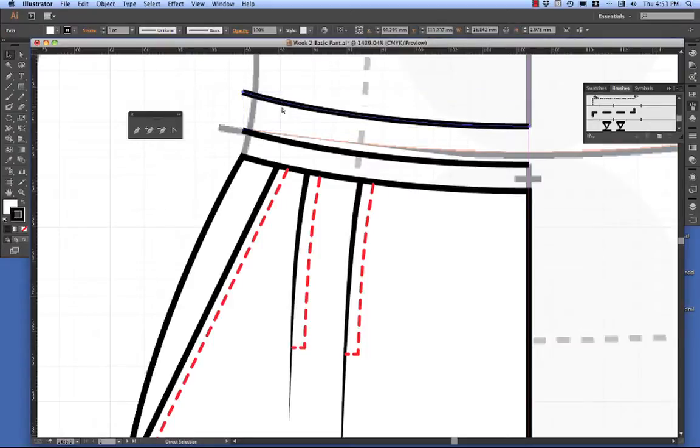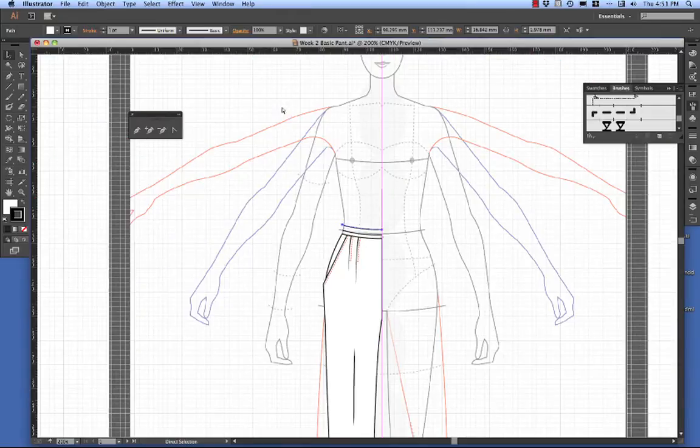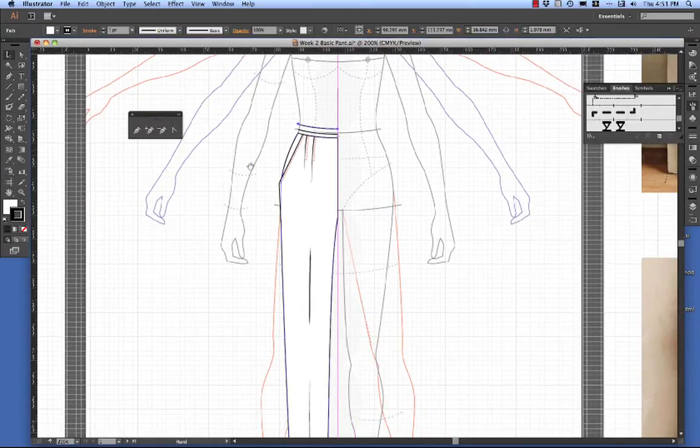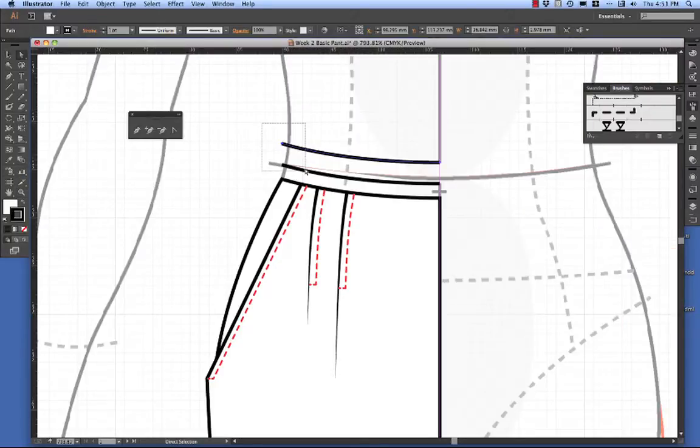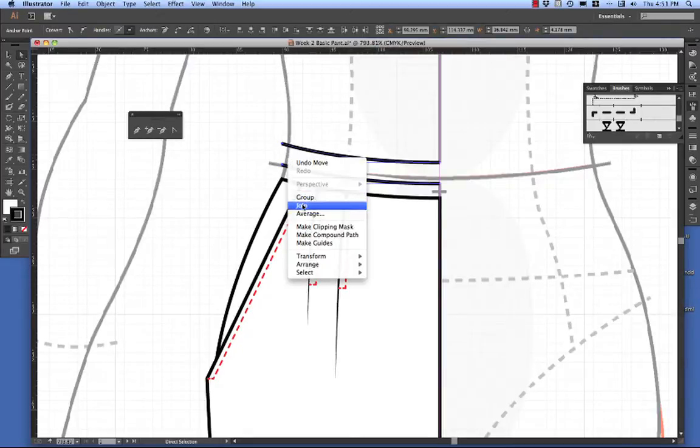It's often good to just zoom out so you can see the proportion of what you're doing. Sometimes if you're too close, your proportions are a little bit out because you want a thin waistband. So I'm happy with that proportion. I'll zoom in again. Direct selection, join,